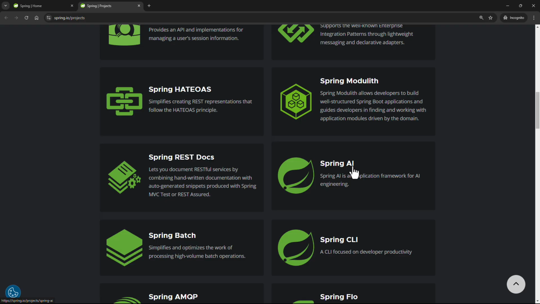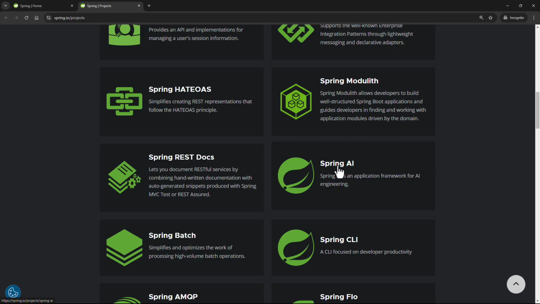Now in the past few years, AI has seen a lot of advancements. If you're building applications, having the knowledge of how to integrate AI into your application is a must today. So Spring AI is a project by Spring Framework that enables you to integrate AI capabilities into your Spring based applications. Either it's a Spring Boot project or a Spring Framework based project, you can integrate Spring